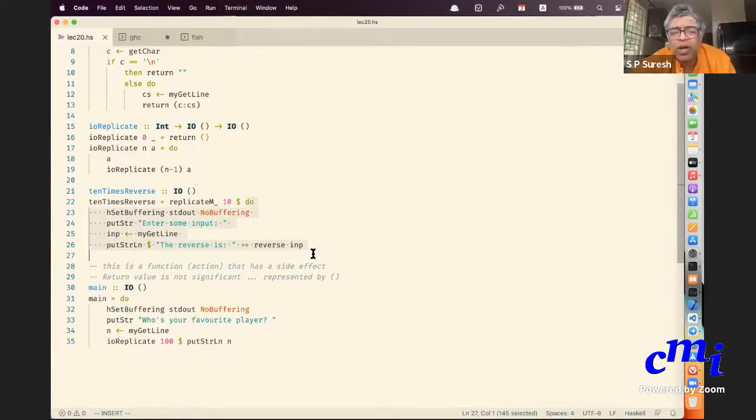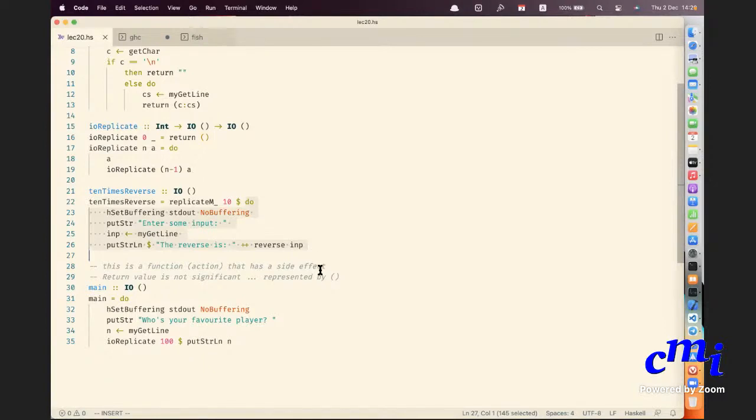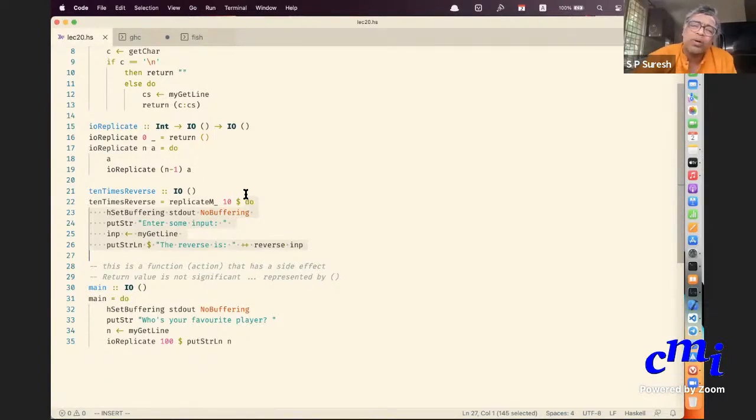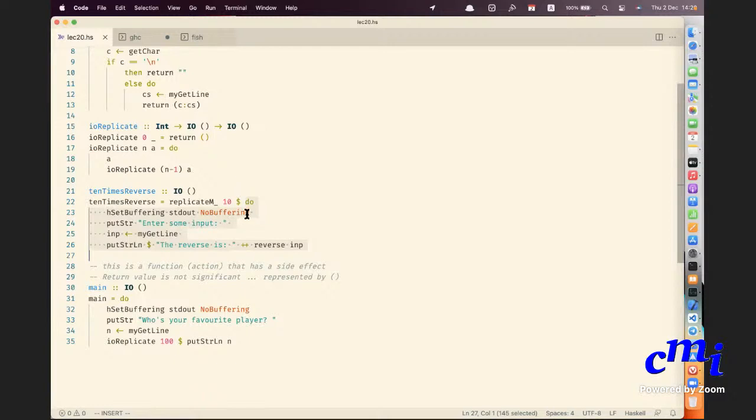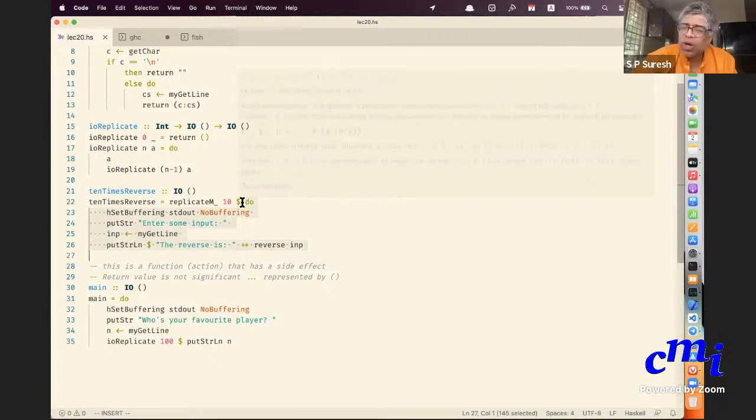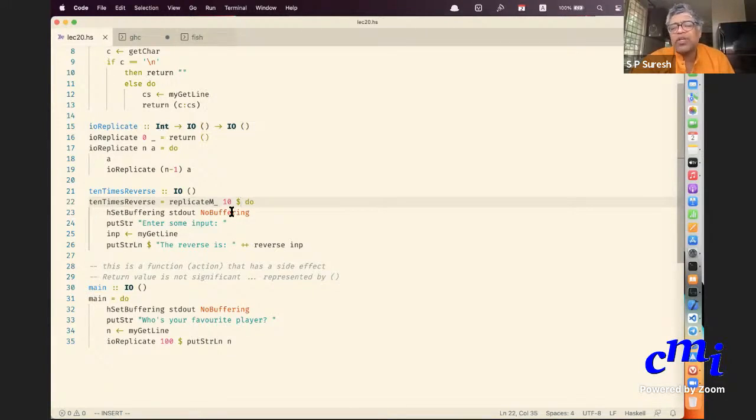Dollar is just, this dollar will put parentheses around the next argument. For this replicate M or for this IO replicate, how many arguments are there? Two arguments, right? The first argument is an integer. The second argument is an action, and an action starts from do and goes till the end.